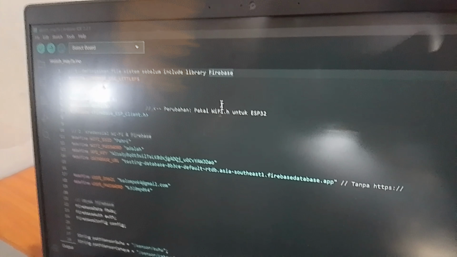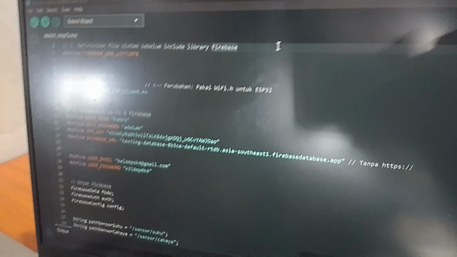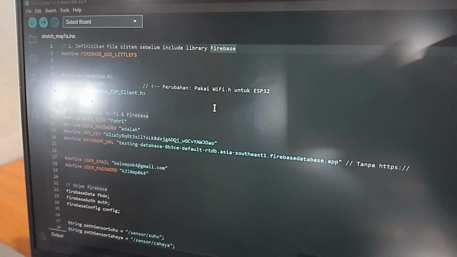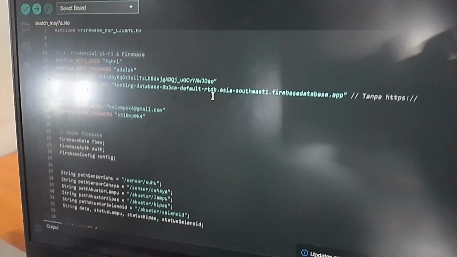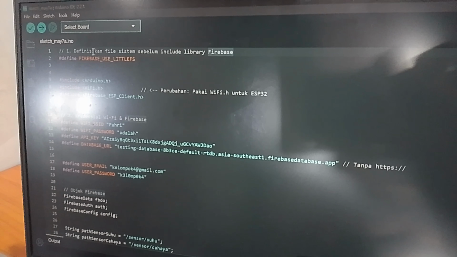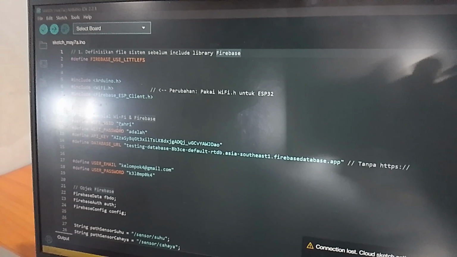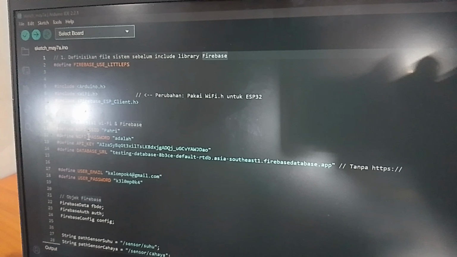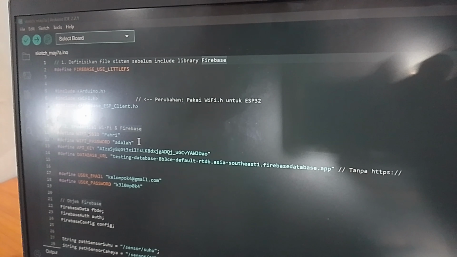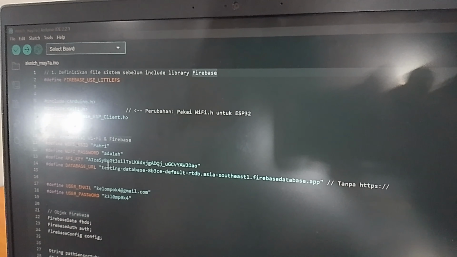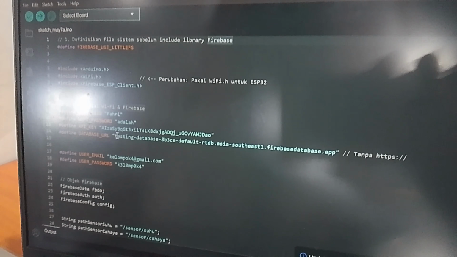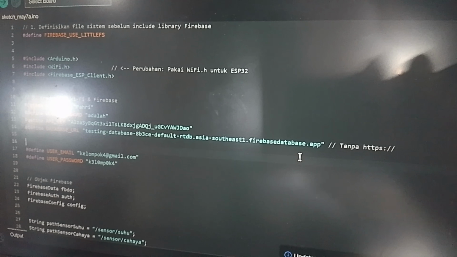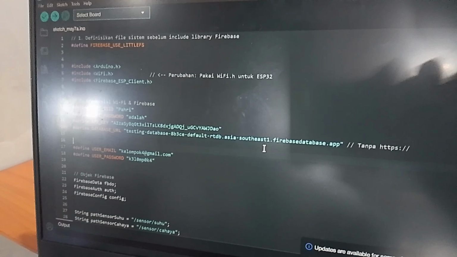Okay, so right now I will explain the Arduino code, because before it was micro:bit code. So right now it is in Arduino. For the Wi-Fi, use our hotspot or your hotspot from your phone, to make the ESP connect to the web in Firebase.